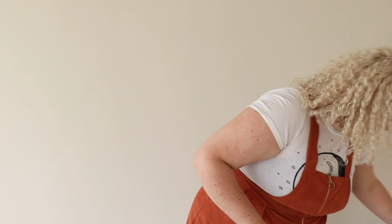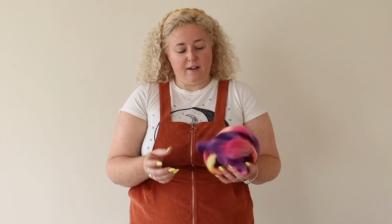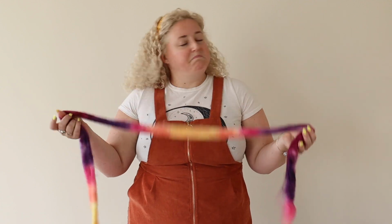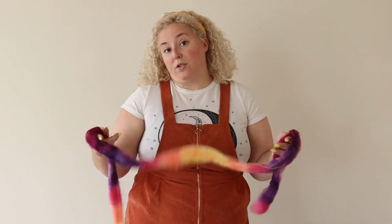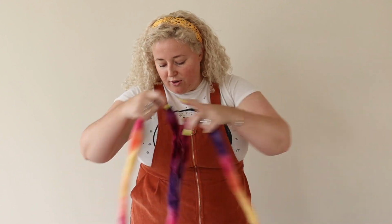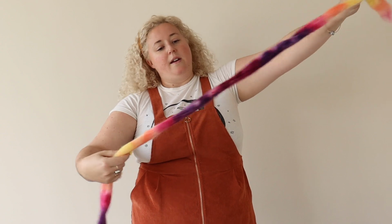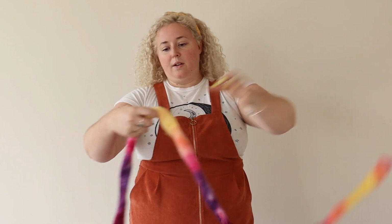So the next one we're gonna do is the gradient. You kind of can control this one yourself because in reality it's however you want your yarn to look. Like I was saying earlier, this one starts with a yellow. So what I would do,